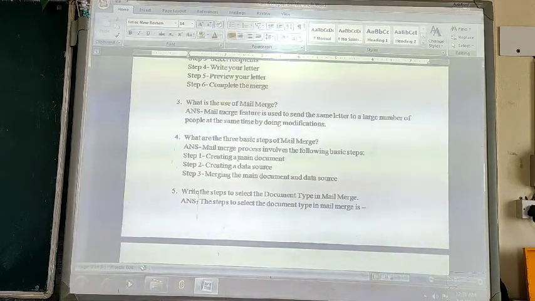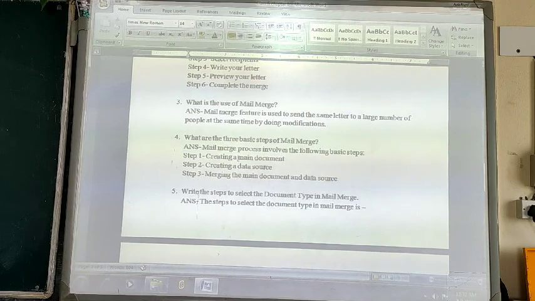The fourth question: the mail merge process involves the following basic steps. That is, step 1, creating the main document. Step 2, creating a data source. And step 3 is merging the main document and the data source together.